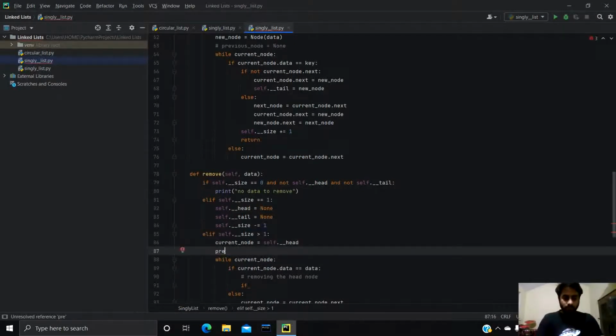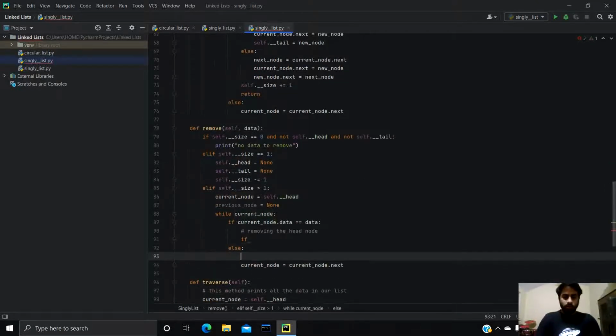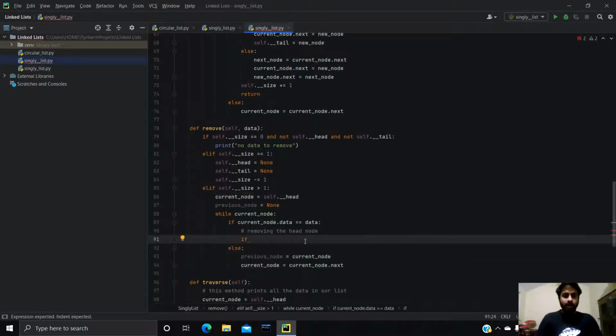Previous node is set to none, and in here previous node is equals to current node. If not previous node, if the previous node is none,